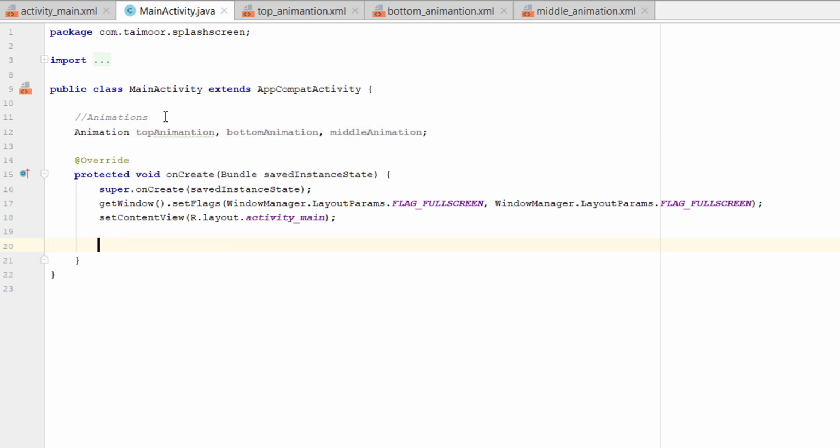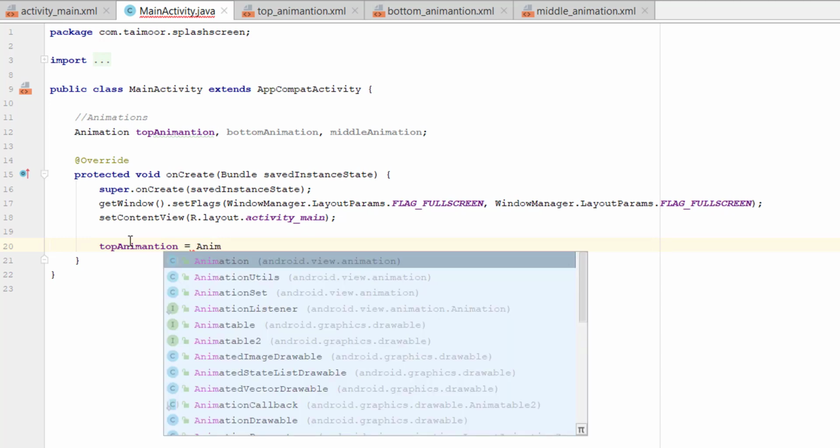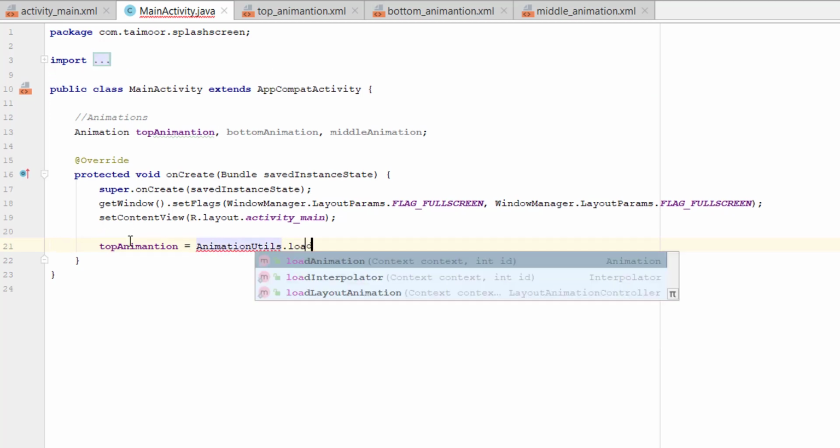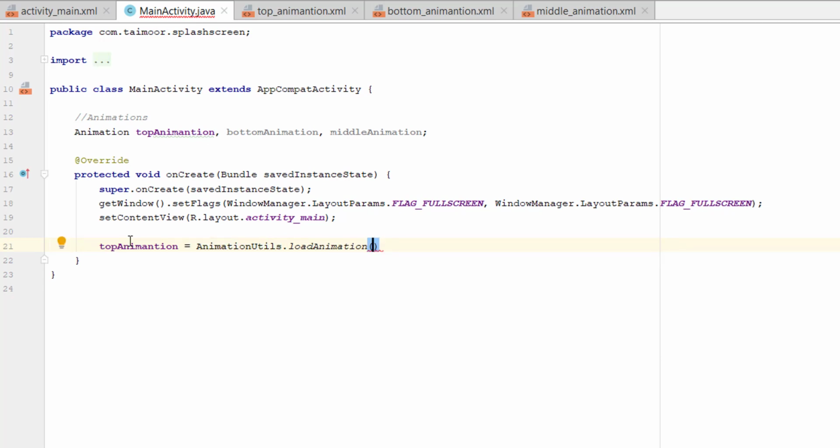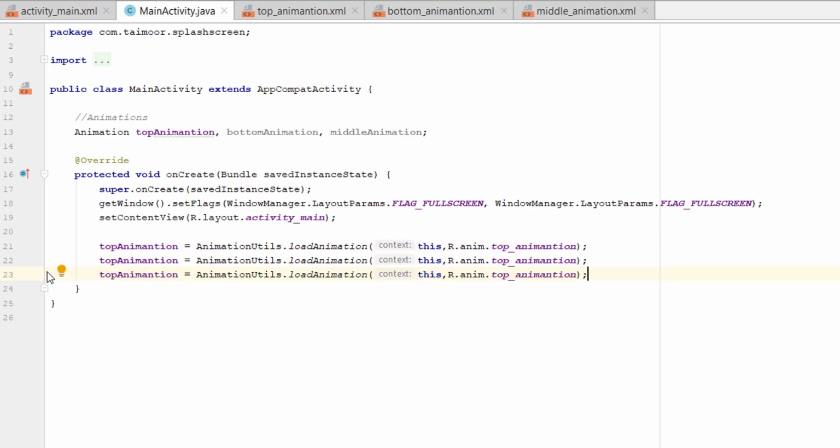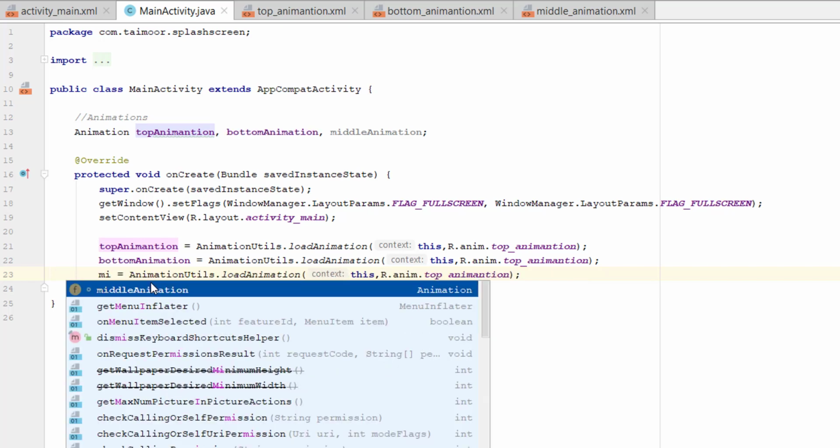So we have these three variables, so simply assign these variables to animations. Our top animation is equal to AnimationUtils.loadAnimation. So load this animation to this activity from R.anim folder, which animation, the top animation. Okay, now Ctrl+D to duplicate, change this top to bottom animation and this to middle animation, also this top